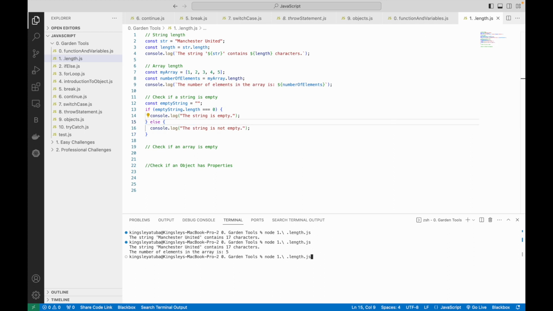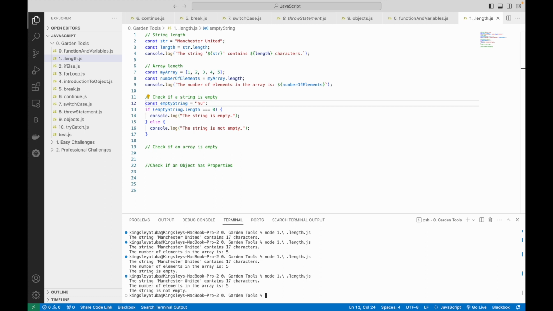So if we run that code, of course, as you can see, the string is empty. But if we put something there and run the code again, the string is not empty, as you can see. Alright, let's go to